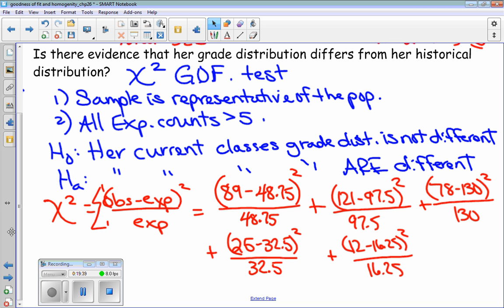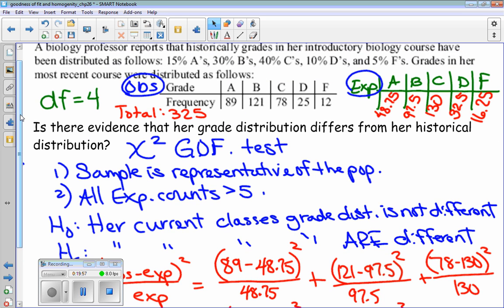But we're going to go down to the goodness of fit test, and I want you to look at what information it's asking for. What is it asking you if you look at what the calculator brings up? The observed and the expected. So I have to actually put those in. Okay? So I have to go ahead and put in the two tables, as Devin already has done, which is